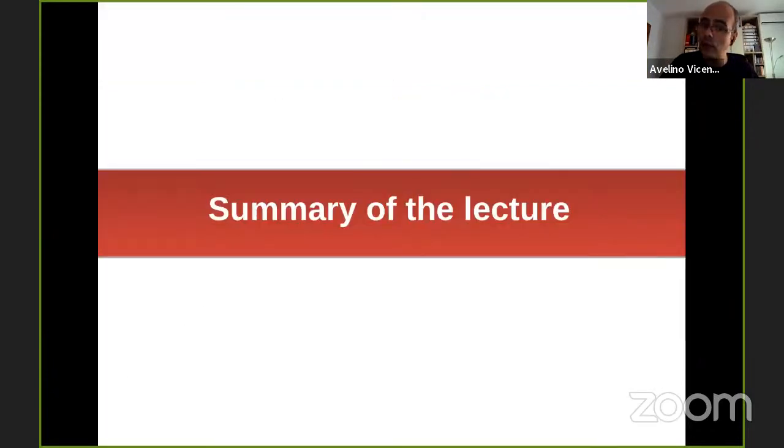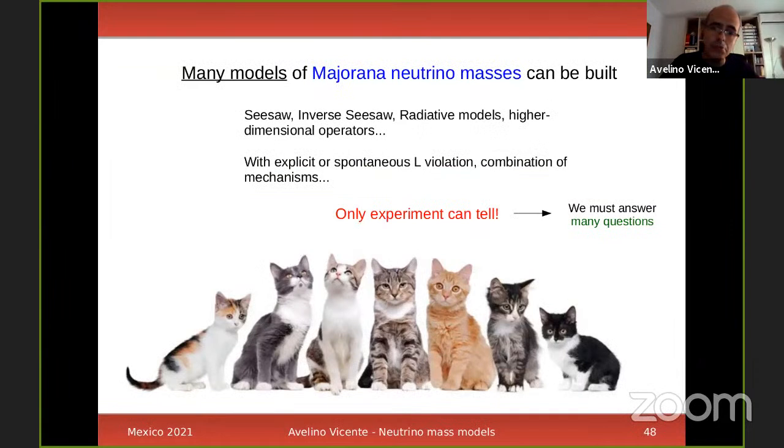And with this, I conclude. So I gave you more or less a broad overview of Majorana neutrino masses. There are many models in the market, really many. I just mentioned a few of them, maybe the most popular ones, but there are many more. And I'm pretty sure many of the models that I discussed are known by you already. For example, yesterday, Alexis Plasencia discussed the inverse seesaw in his talk, very nice talk. And some of them maybe are new, but I can promise there are many more. Okay, this is just a broad overview.